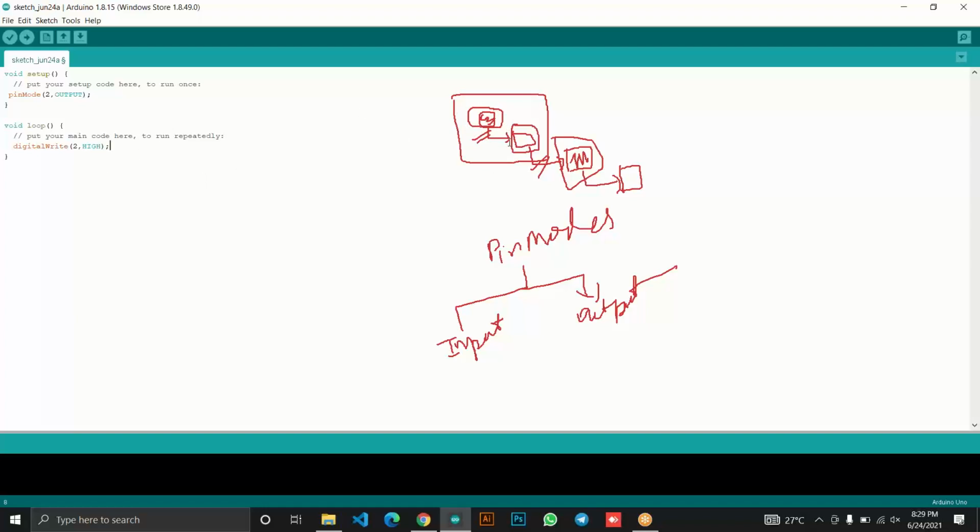Then, after some time, to give this time gap, we have the delay function. So delay, and now we'll write 1000. Now this delay function works in milliseconds. So if we pass 1000 over here, that means 1000 milliseconds, which symbolizes 1 second. If we write 2000 over here, that gives you a 2-second delay. Okay, so we'll give a delay of 1 second, and then we'll write digital